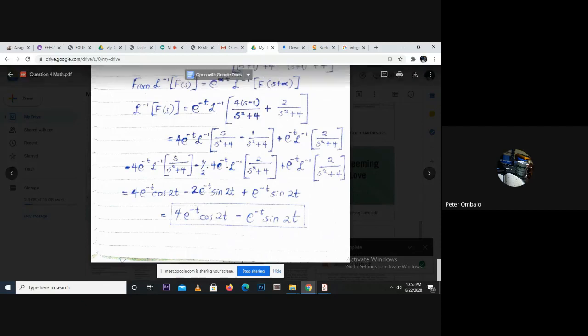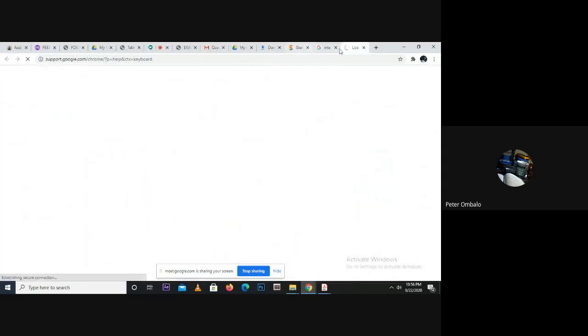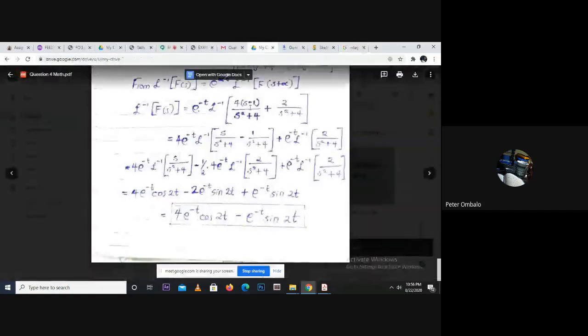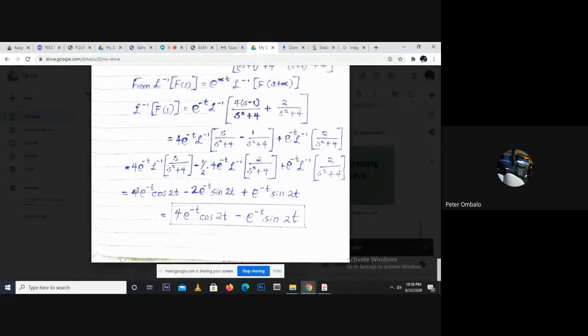Now we've gotten really close because the terms we have start to look closer to what we can find inverses of. So if you find the inverse of the first term here, you find it's 4 e to the negative t. This here, its inverse is cos 2t